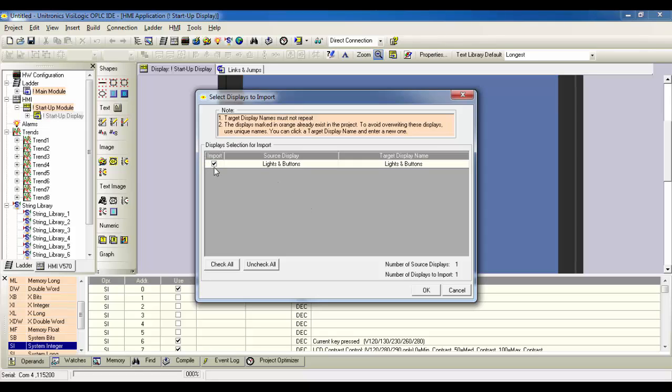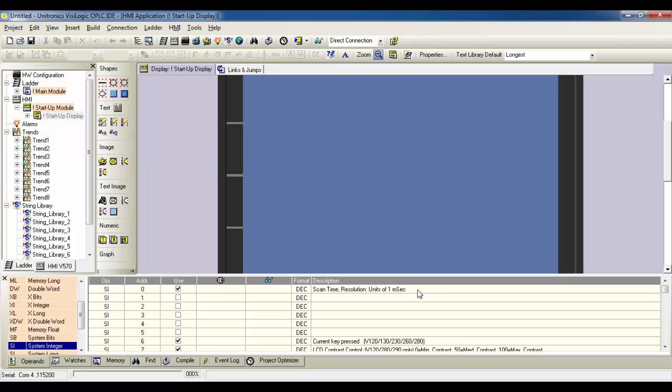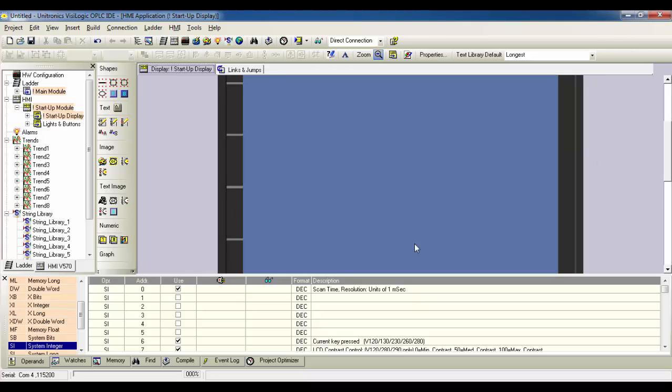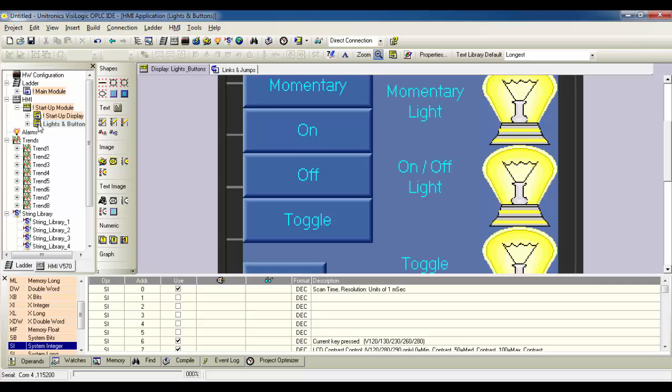And make sure that the Import checkbox is checked off. That way you ensure that you're importing the correct display. This warning may pop up, and that's fine. This just lets you know that some of the elements may not have been imported correctly, such as links and jumps. That is fine. You can now see that the lights and buttons HMI screen has been successfully imported into